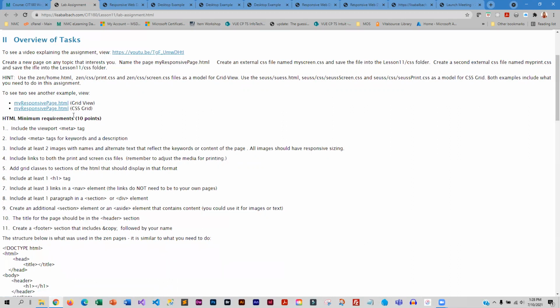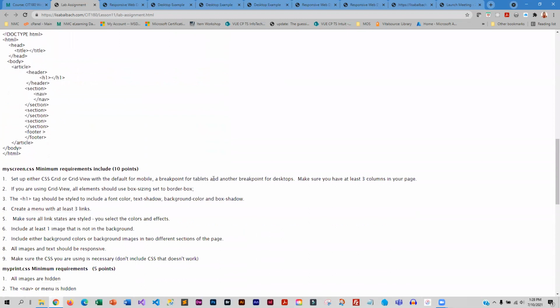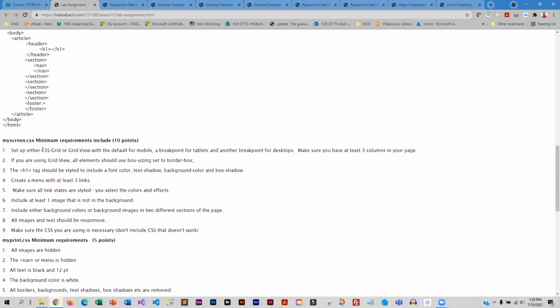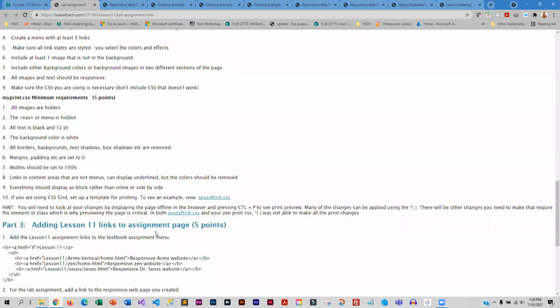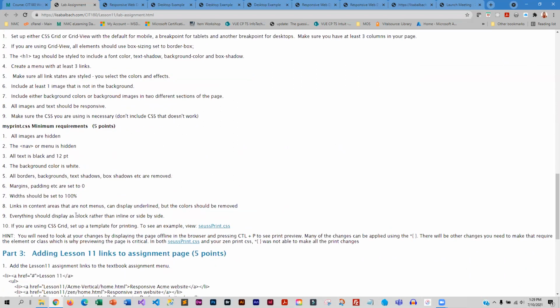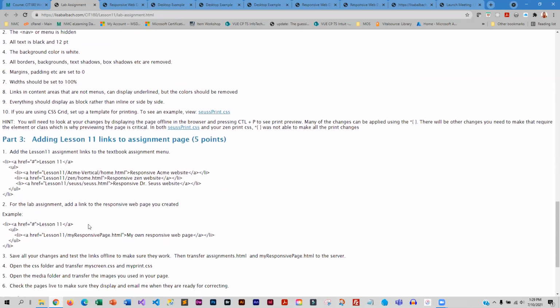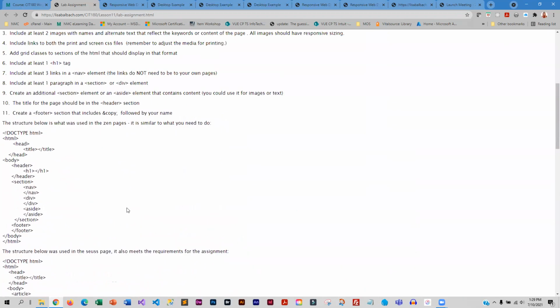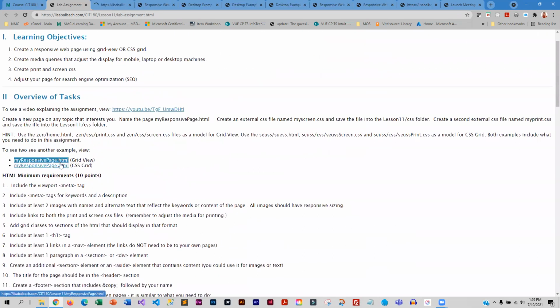I also have a couple examples. I did one in Grid View and one in CSS Grid. And for this particular assignment, you are going to set your page up using either CSS Grid or Grid View. You do not have to do both. You just have to pick one or the other. And you are going to have to set it up for printing as well. Okay, so you're going to pick one of the new responsive formats that we learned, and you're going to set it up for printing. So if you want to see my examples,